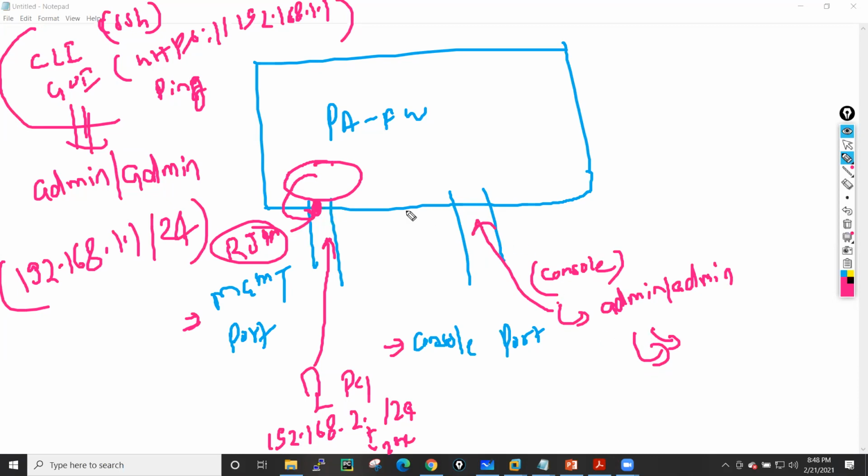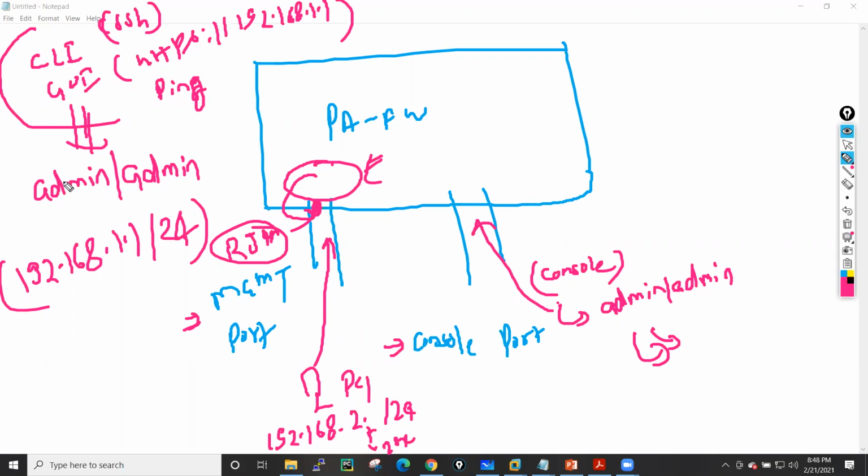So whenever logging in through the console, we configure the management port with whatever IP address we want. If you want, you can change the username and password, configure the host name, and connect the management port with your switch. After that, you can access this firewall by using the IP address which you have configured on your management port. This is how we basically get the initial access of this device.